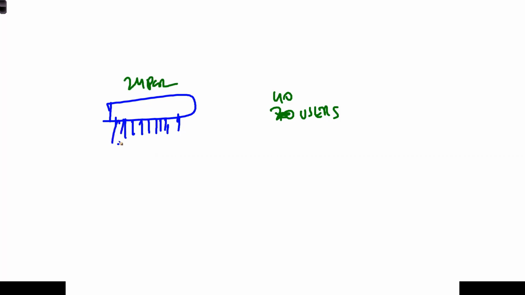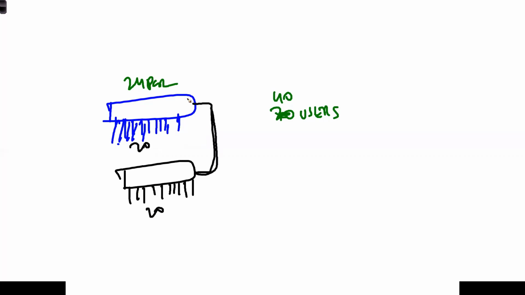Practically you cannot connect 40 users to a 24 port switch, so you go with another switch, on a different floor or the same floor, and connect 20 users to each. Then we bring a cross cable connection between the two switches, which provides a LAN connection.